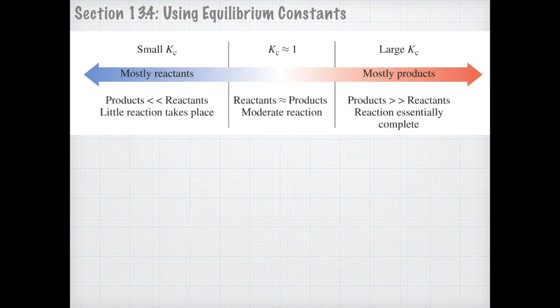So that's what your KC or your KEQ tells you. If it's really large, that means your reaction proceeded towards the product significantly, right? Your forward reaction did. If you have a very small KC, what that means is that very little of the reaction actually took place, meaning that your reactants are going to be favored. And if your KC or your KEQ is about 1, then that means you've got a kind of typical reaction where your amount of reactants equals the amount of